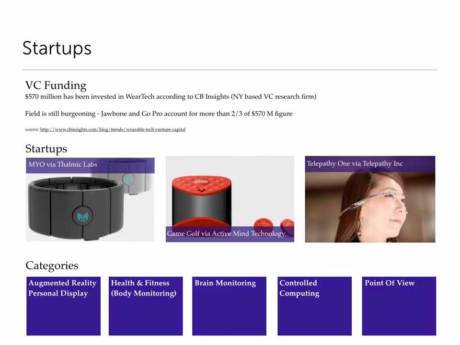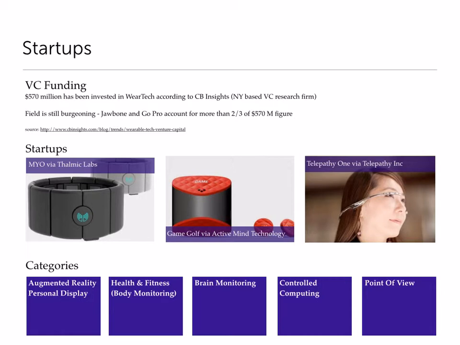So with respect to the startups, it's a really exciting time. Basically, $570 million has been invested in wearable technology, according to CB Insights. What's interesting is that 2/3 of that figure come from Jawbone and GoPro. So there's still so much room to grow. There's one really interesting startup called